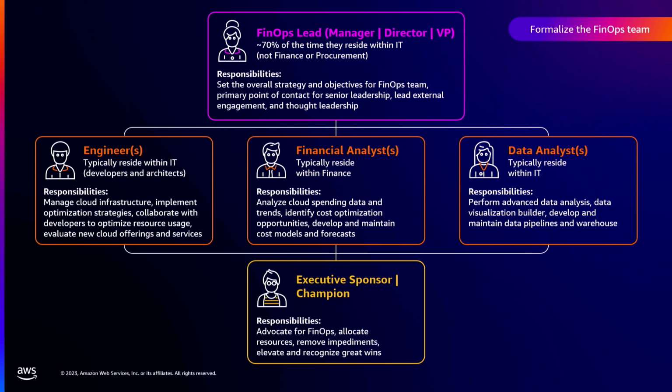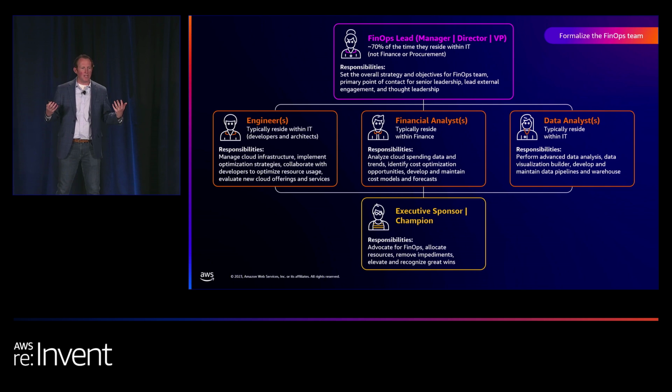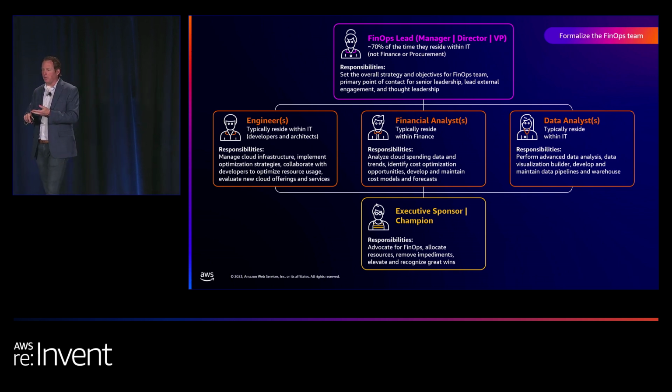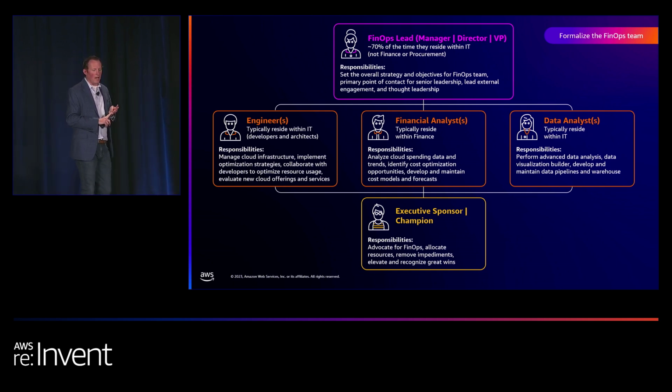The second row is a blend of engineers, analysts, and data analysts, and then sometimes you'll see architects and engineers as well. Typically, and I put in there, it's a virtual team. There's sometimes shadow finance teams in IT that I know I meet with plenty of customers in that regard. They have their own analytical person, but most times it's a virtual team. Finance resides in finance, IT resides in IT. That's typically there for career pathing purposes and enabling them to give flexibility. But it is bringing the skills of data analytics, data visibility, the analytical mindset of an analyst, but an engineer who can really transform the way this operates.